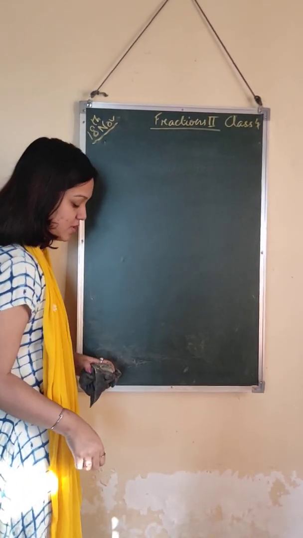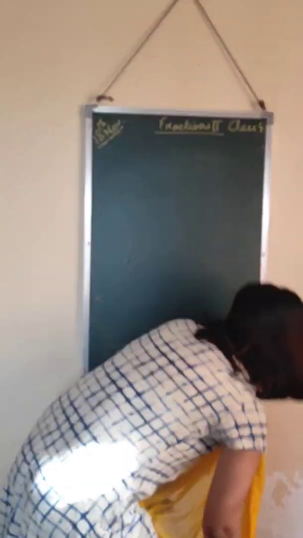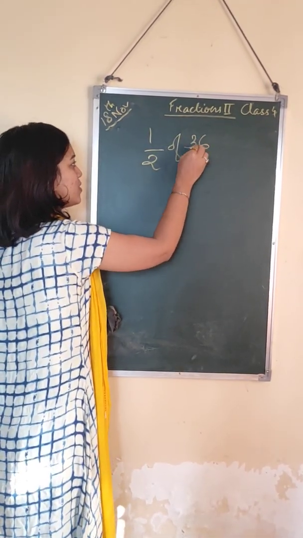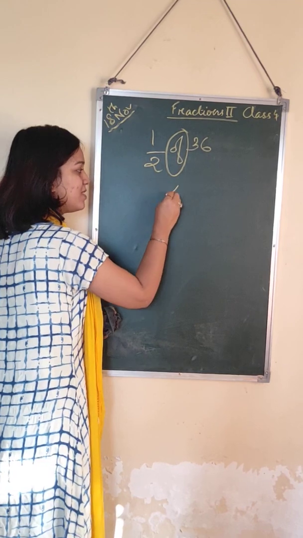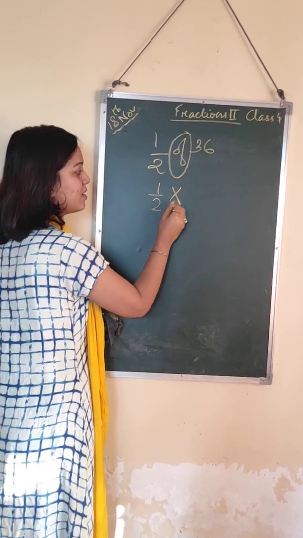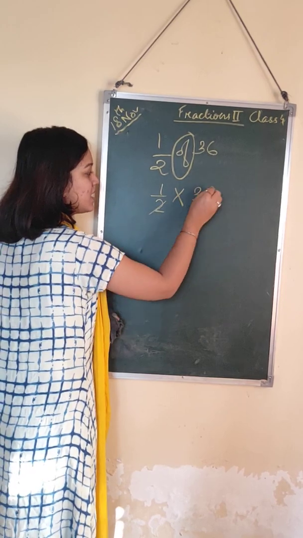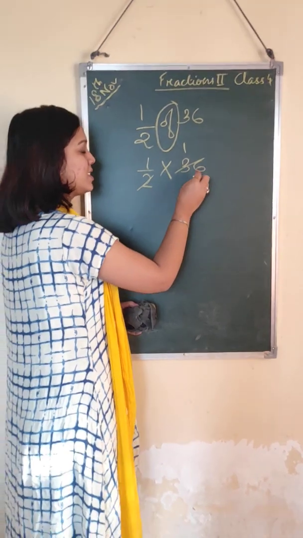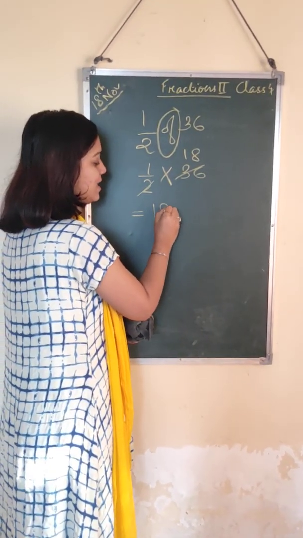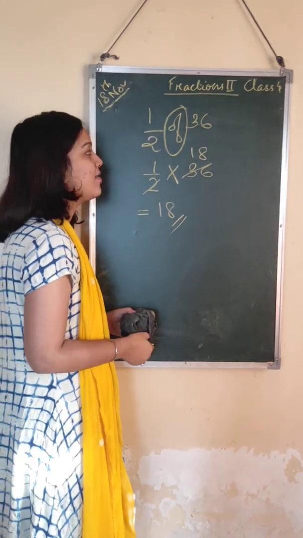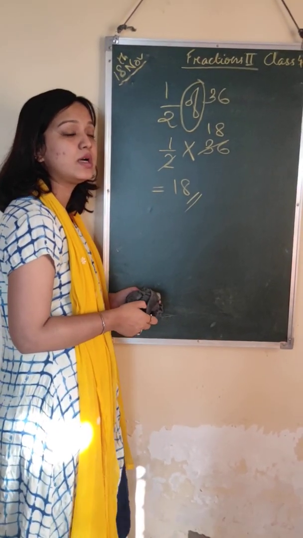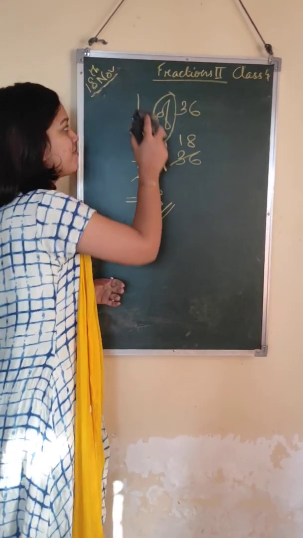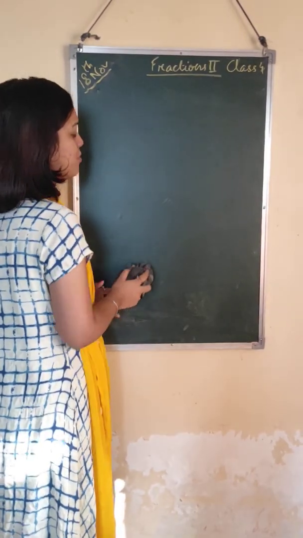Now, what we have done before is, suppose you get 1/2 of 36. What I have said is, if there is an "of", this is nothing but multiplication. So 1/2 into 36: 2 ones are 2, 2 threes are 6, 2 ones are 2, that gives 18. So I get 18 as the answer. So we have understood that wherever there is the word "of", we should always use multiplication. Now, we will proceed with a few word problems.